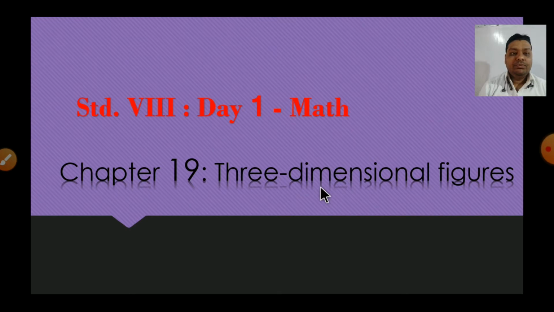Also, students, what we will discuss today is three-dimensional figures. In three-dimensional figures, we have already discussed in the previous chapter solid, cube, cuboid, cylinder. So today, students, we will discuss some more solid figures and their properties also. Today we will discuss the prism and pyramid properties. So let's start the class, dear.